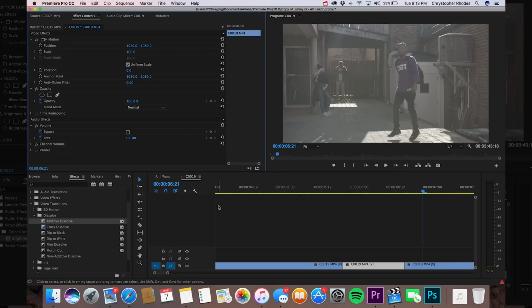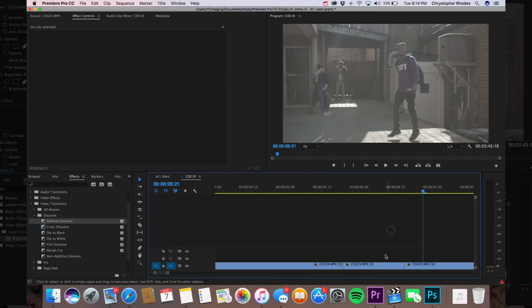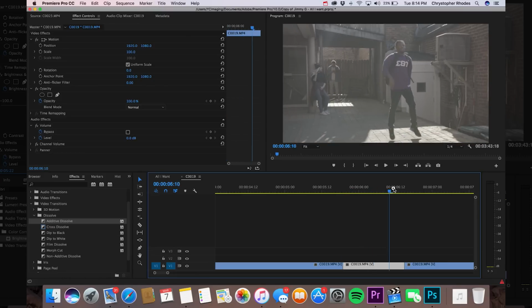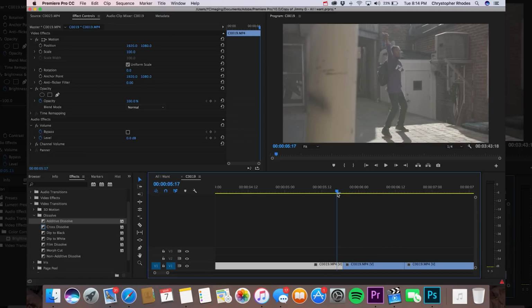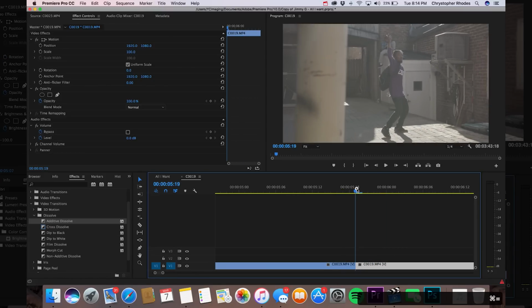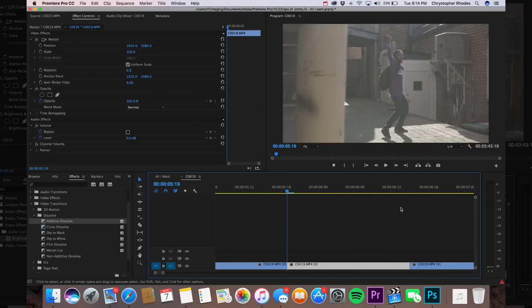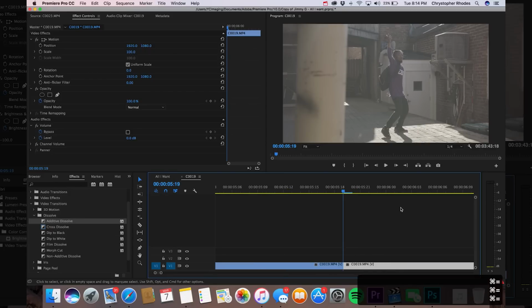So I know you've heard in a song where you have the beats chopping up real fast, and it's almost like a flicker. It has a few different names for this, but I just call it hi-hat cut. So you find a portion of the video where you want to add the hi-hat cut, and if you just want to do it regular, what I like to do is I mark off the portions where it's going to be cutting at, and I'll zoom all the way in on the timeline.